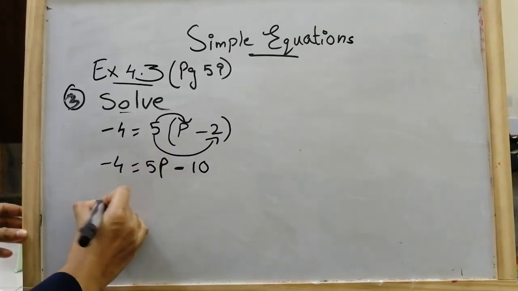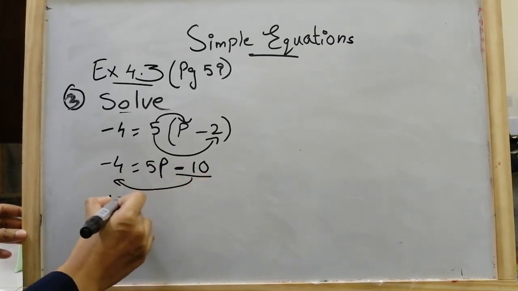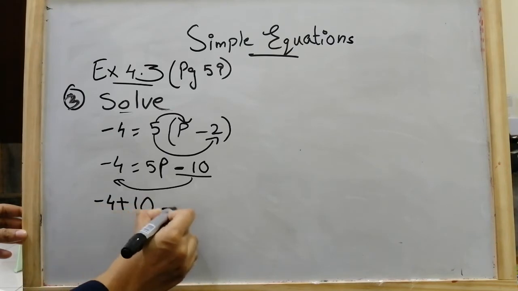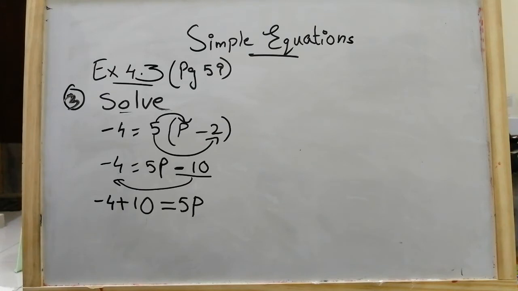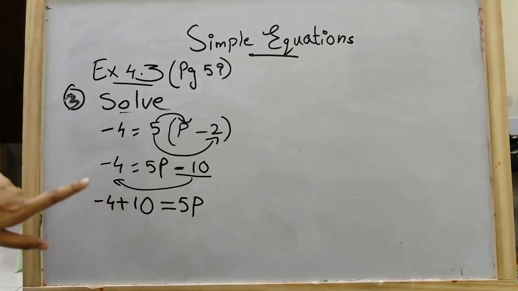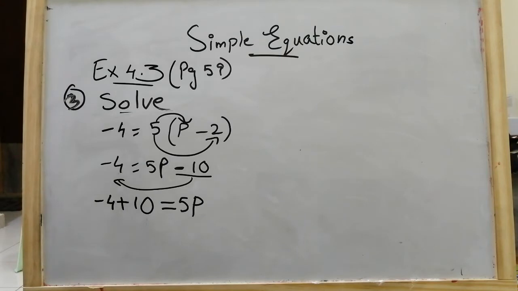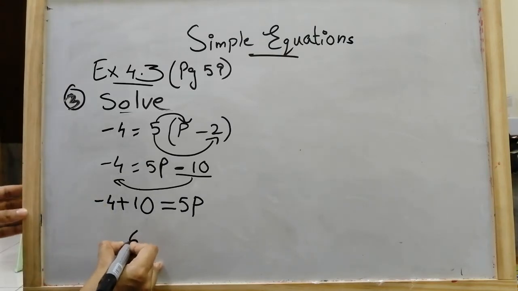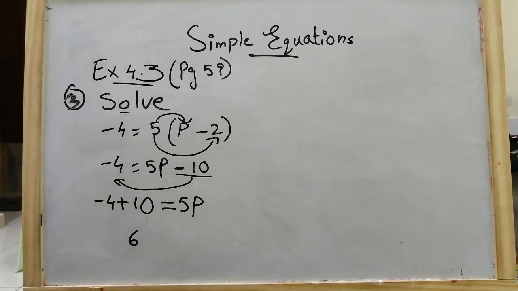Fine. Minus 4, and when minus 10 is taken to this side it becomes plus 10. Right? Minus 4 plus 10 is equal to 5p. Now what is minus 4 plus 10? How to do? I told you, we have to multiply the signs. Minus into plus is minus, right? That means we have to subtract 4 from 10. 10 minus 4 is 6. And the big number's sign: 10 is the big number, its sign is positive. So if you put a positive sign or you don't put it, it's okay. Just leave it as it is.